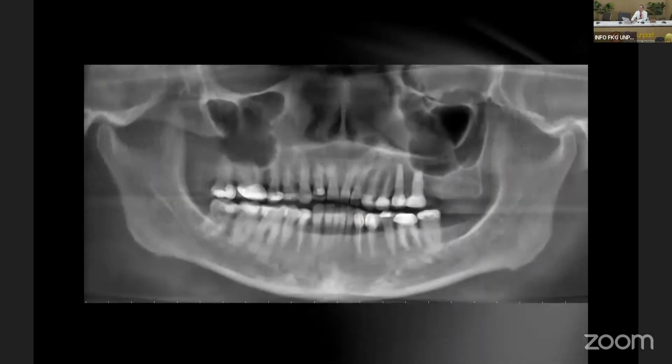This is a patient with an implant placed outside the dental office. But the patient felt discomfort after the implant was placed. Looking at the panoramic radiograph, it looks not bad. Actually, the implant looks like it is right in the sinus area.